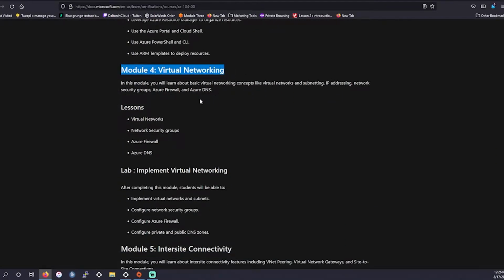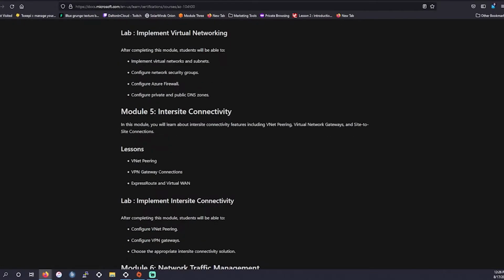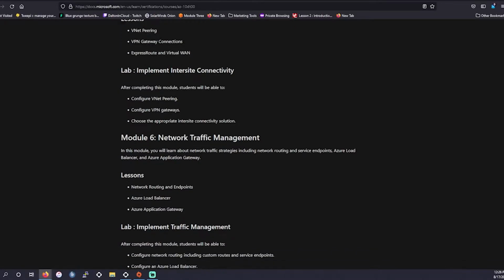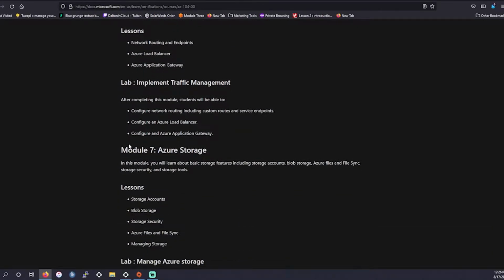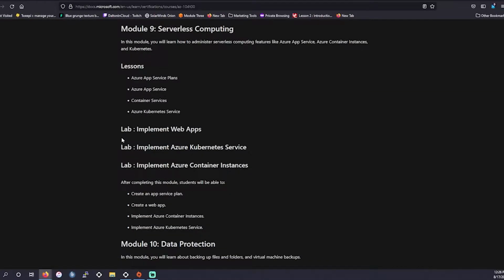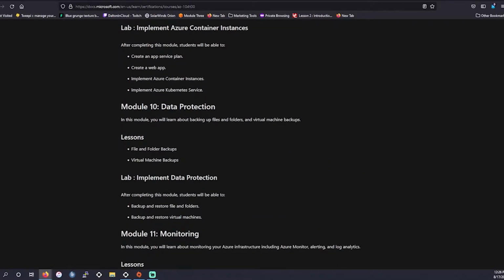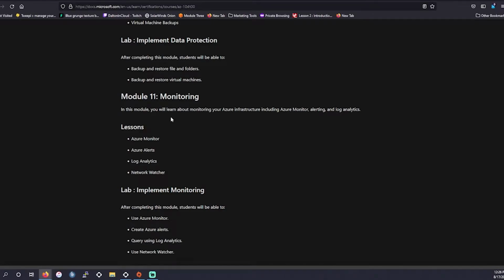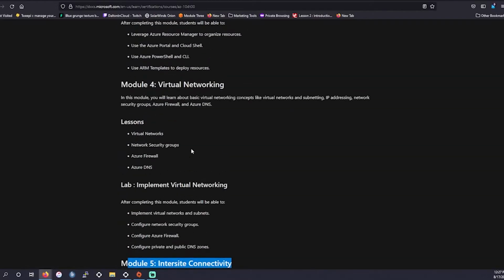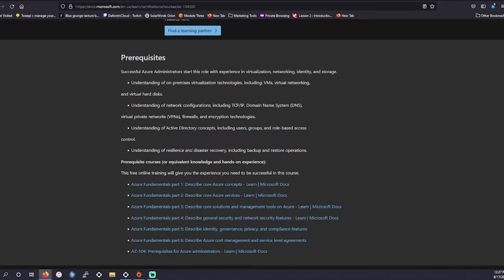Module 4 is going to be virtual networking. Module 5 will be intrasite connectivity. And then Module 6 will be network traffic management. And then Module 7 is just going to be storage. And then Module 8 is going to be virtual machines. And Module 9 will be serverless computing. Module 10, data protection. Module 11, monitoring. So those are going to be the different modules that they want you to go over to help you